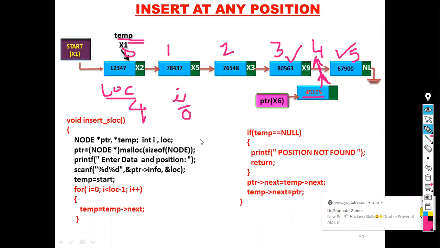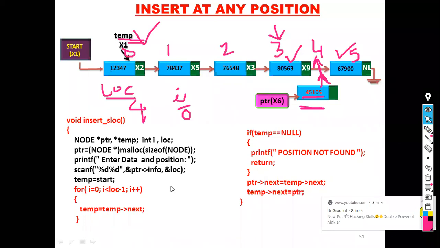So next I take a for loop, because I have to move this temporary pointer to which position? I have to move this temporary pointer to the third index. Sorry, not third index, third location. Yes or no? Because after this third location, I have to insert a new node. So I have to move this temporary pointer, because I need the address of the node that is present in the third location. So for that I have to take a pointer whose name is temp. Okay, so now temp is pointing to the first node of the linked list.